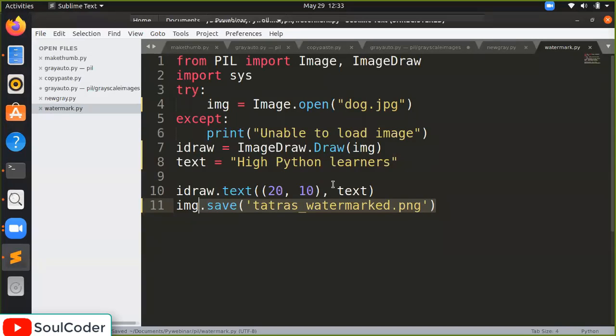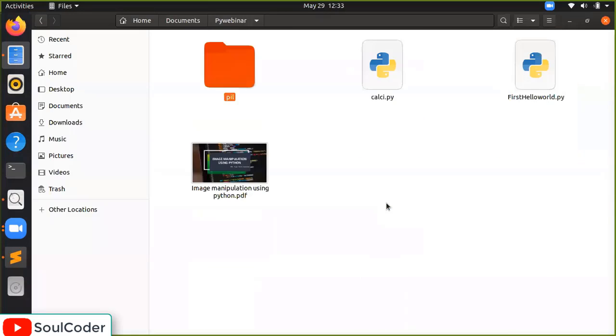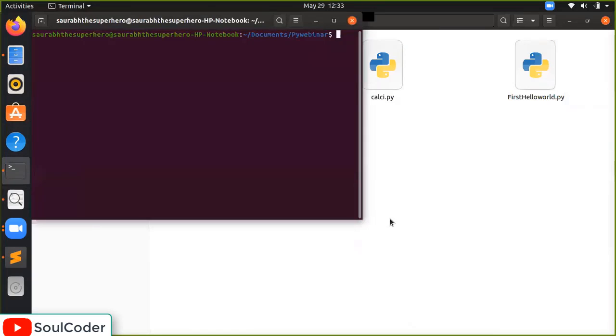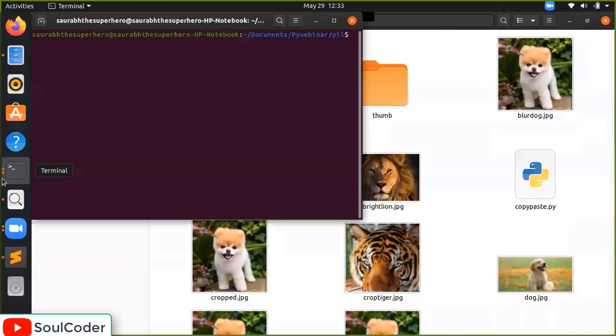Okay, let's run it. Watermark. So we are in a different directory. I'll move to it. No, I have to come in this. So what is watermark?